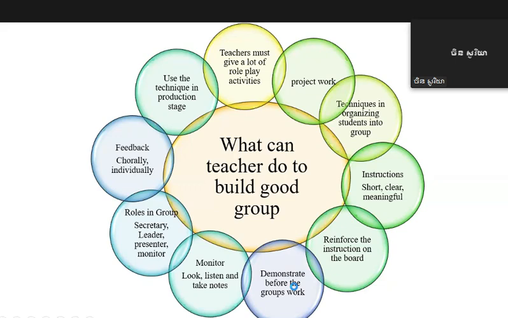All right, the last point is also important, which is to demonstrate for the group work. After giving students the instruction, we need to check that the students understand, but usually it's not appropriate to ask the students, do you understand, everyone? To check understanding, we don't ask them, do you understand? Besides asking them like this, we demonstrate whether the students understand or not. So we demonstrate: we get one pair to model what they do in the groups. Continue to another one.